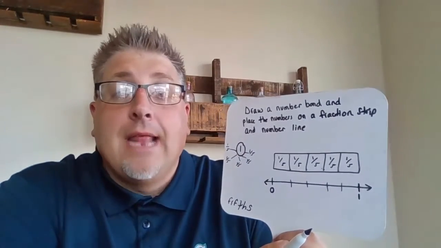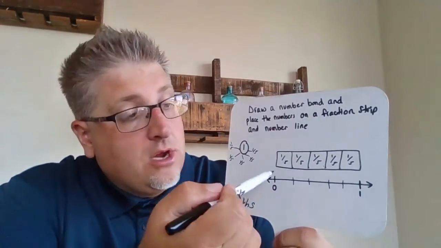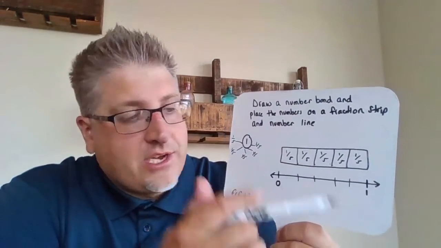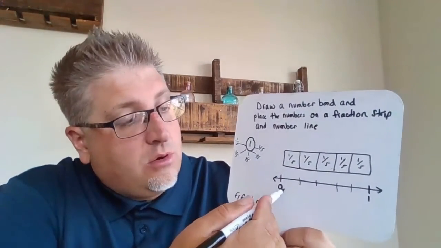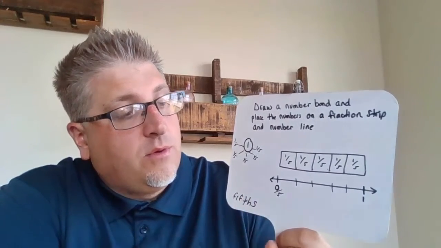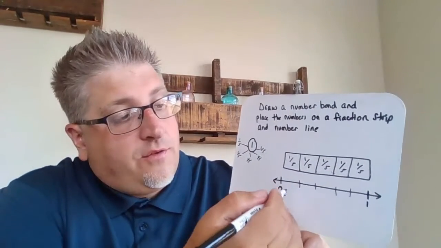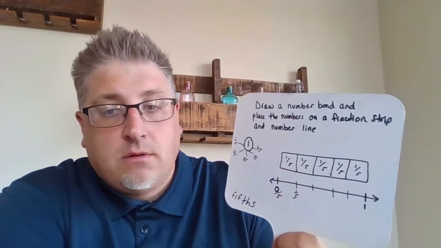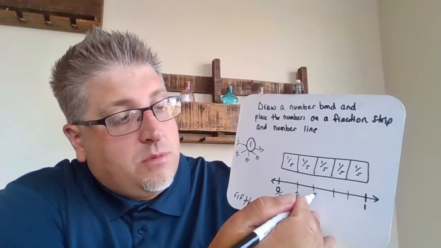All right? But now let's label those tick marks. We know that each piece is 1/5. On the number line, let's put the fractions in. So right here for 0, we have 0/5. We don't have anything here. So our first tick mark would be 1/5. Okay. Our second tick mark would be